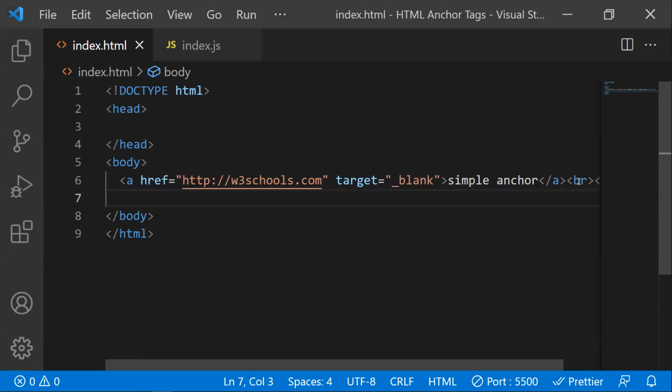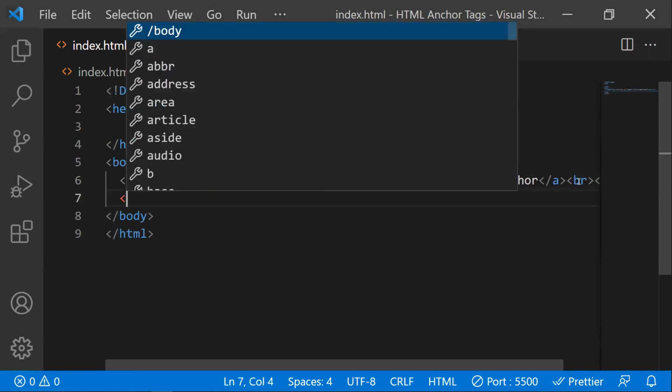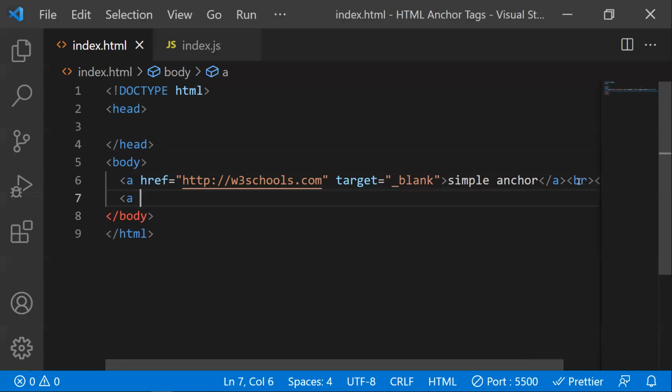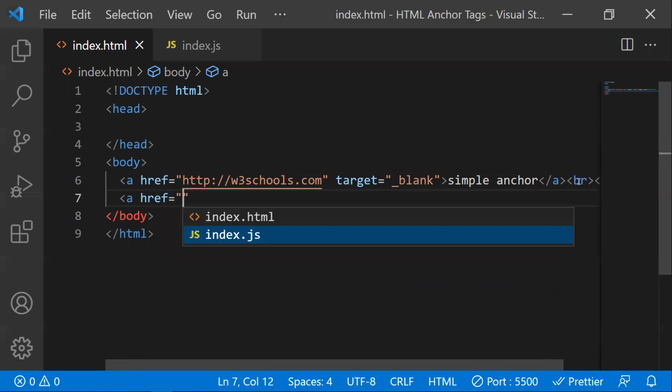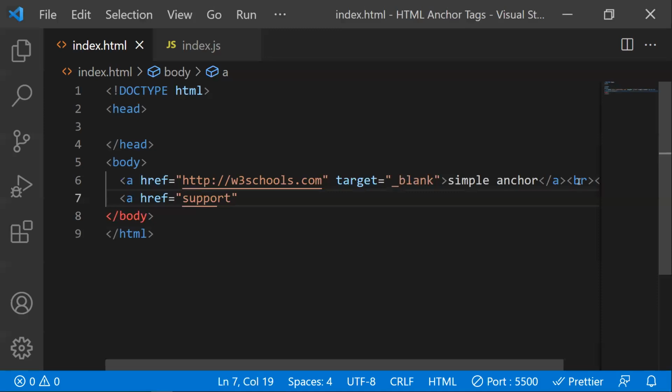For example, in most applications you may see that if you click some link, you get an email box, and they ask us to email directly. I will tell you the use case, like href equal to support@amazon.com. This is a support link, so we need not remember this address, just a text like contact us. If you click this contact us, then our email will open and it will redirect to this.